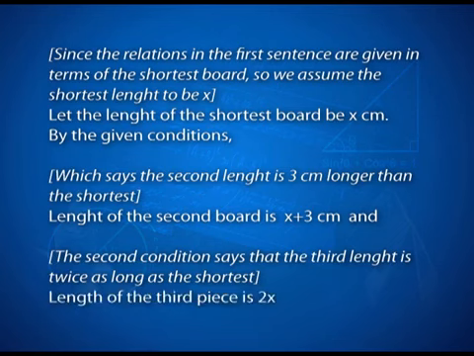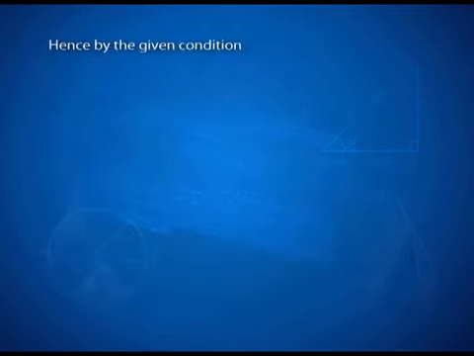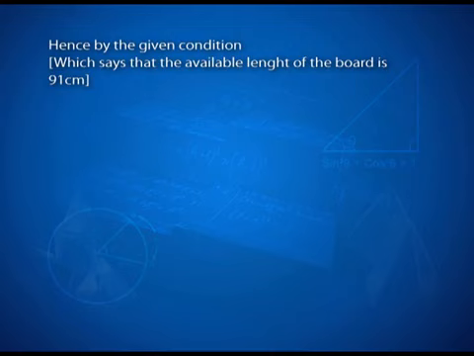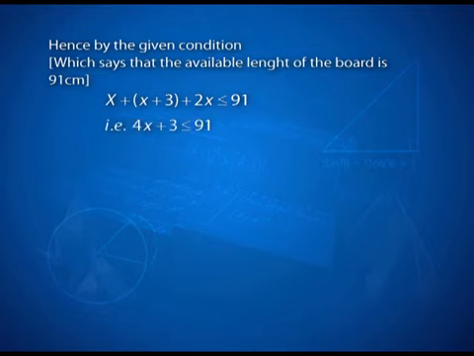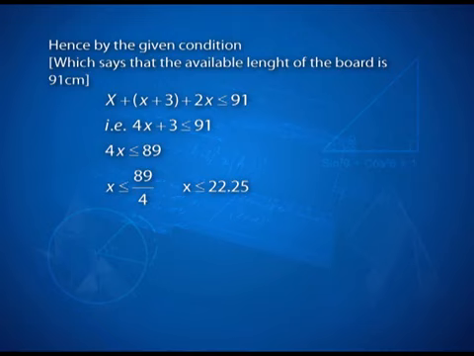Therefore, the length of the third piece would be 2x. So, by the given conditions, which say that the available length of the board is 91 centimeters, we get x + 3 + 2x should be less than or equal to 91. That is, 4x + 3 is less than or equal to 91, or 4x is less than or equal to 89, or x is less than or equal to 89/4, or x is less than or equal to